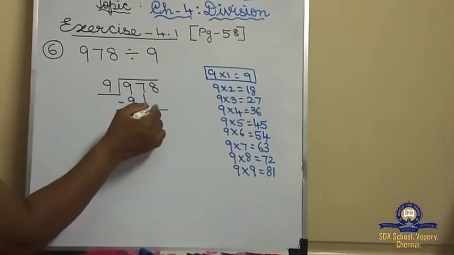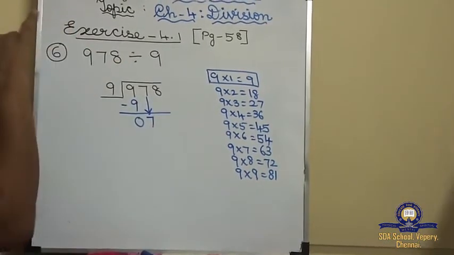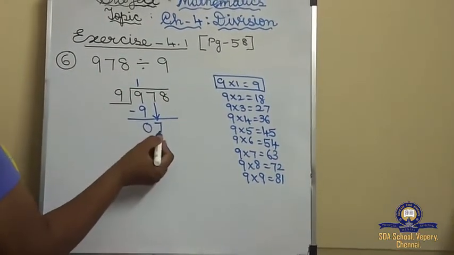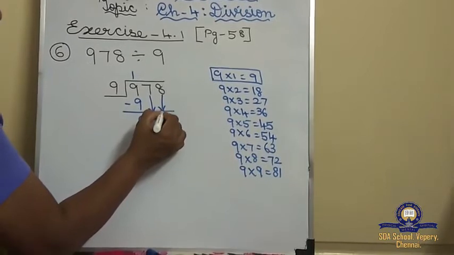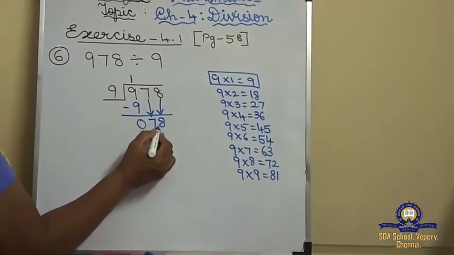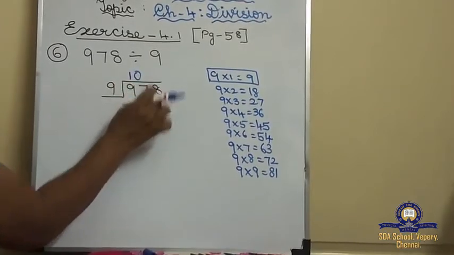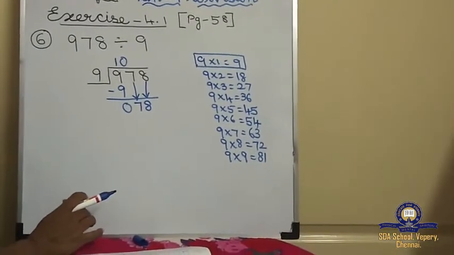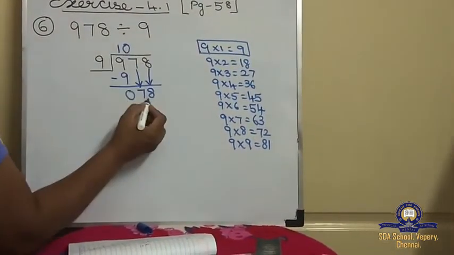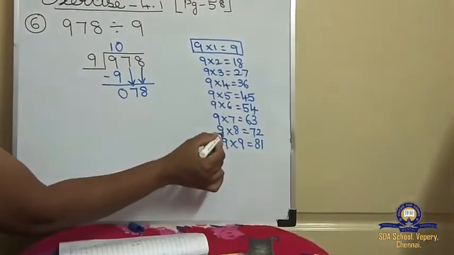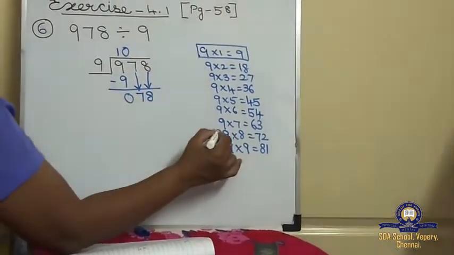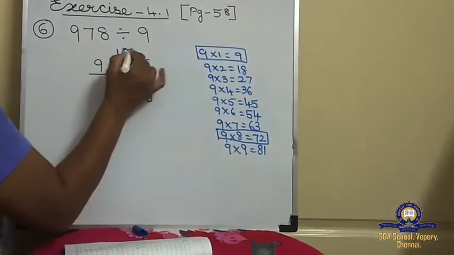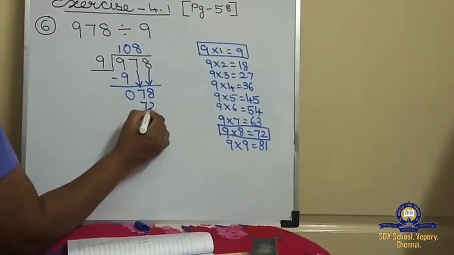So what we have to do? Before bringing down the other number, what I have taught in 605, what you have to do? You see, first 9 1s are 9. See, 7 doesn't go. So we have to bring down this 8. Before bringing down this 8, you have to add a 0. If you bring two numbers at the same time, you have to add a 0. Understood children? So 78, does 78 go in the 9 table? No. So what's the smaller number than 78? 72. 9 8s are 72.